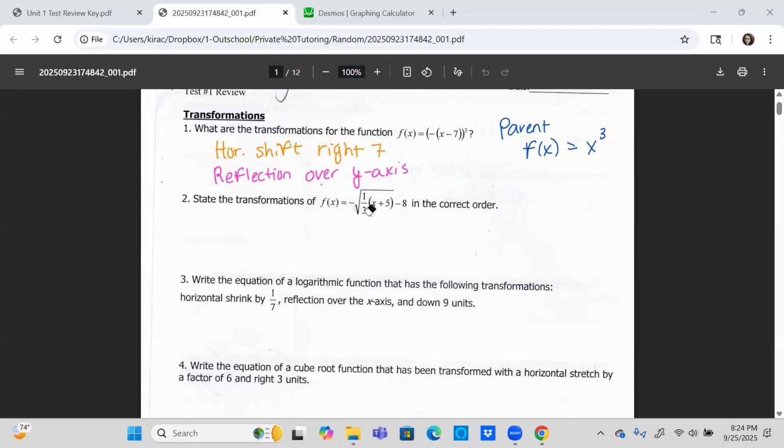All right, I'm going to do number 2, and then I can go to Desmos and prove both of those. So again, on number 2, they didn't ask the parent, but it's good to identify it. It is the square root function. So they did a whole bunch to this one. The order that you write these doesn't really matter, as long as you get them all, it's fine. See how the negative's on the outside? That's going to be a reflection